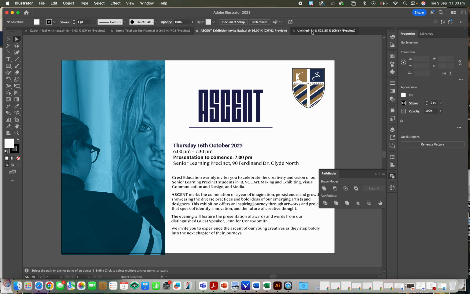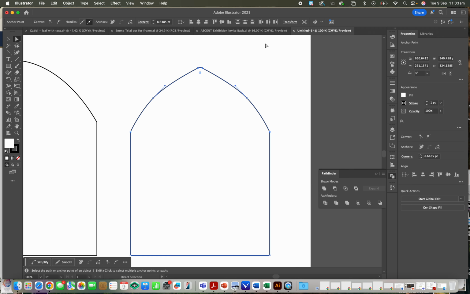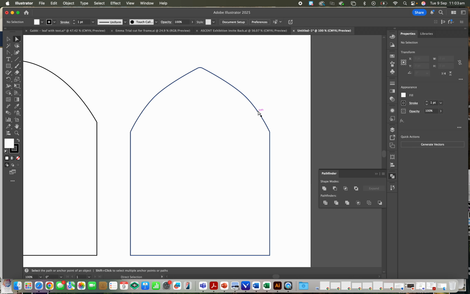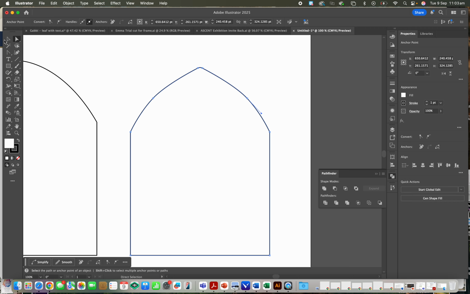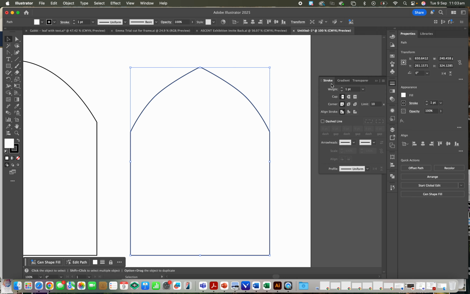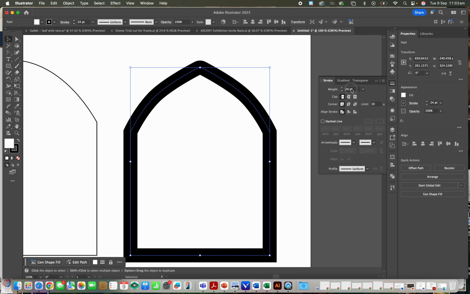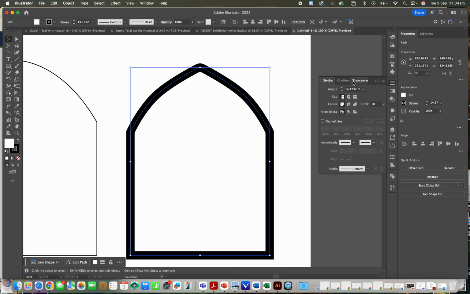Once I have this shape, to make an even shape around it, you can do it on the inside of this cut or on the outside. We're going to select it with the selection tool, and we're going to go to Stroke. Again, if you don't have this, go into Window, and we're going to add thickness to this. So how thick do we want this to be? You can also do this, like if we type 5 millimeters and press enter, it'll make the math to exactly